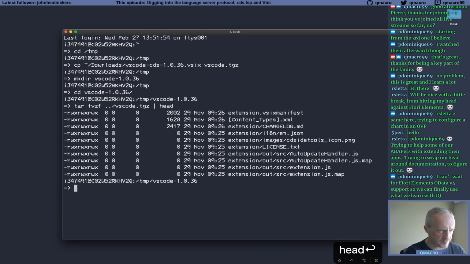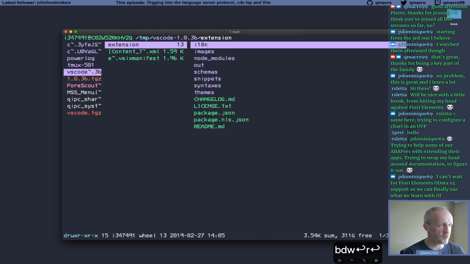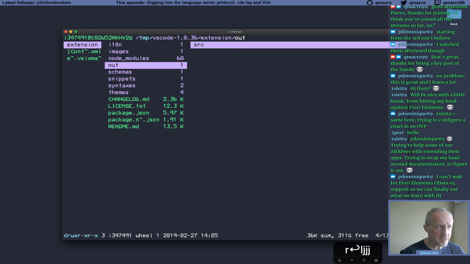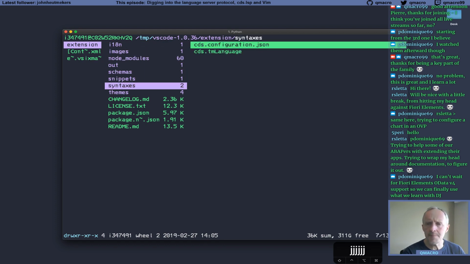Okay, yeah, we get the extension.vsix manifest, we get the extension folder, and we get this content types.xml. So that's okay to unpack into here. So let's just do that and have a quick look. What we've got, as we saw last time, is a whole load of stuff, including syntaxes that we'll come back to,